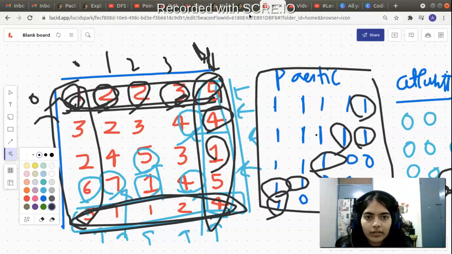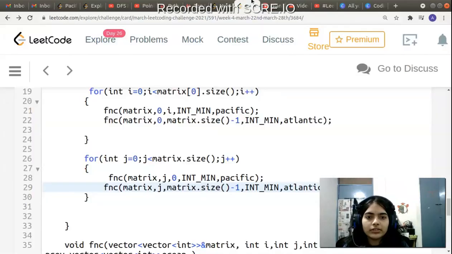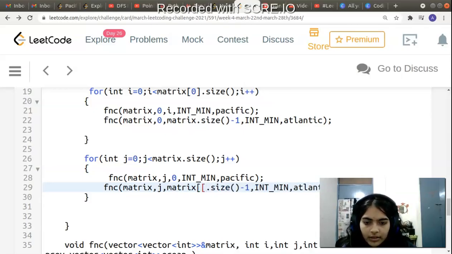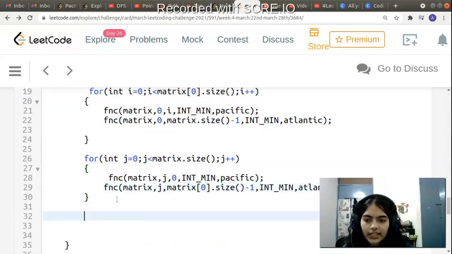I think it has again hanged. Let me go back. So matrix of 0 dot size, and that's it. I think it should work. And now after this, what I do is I just compare my Pacific and Atlantic grids.